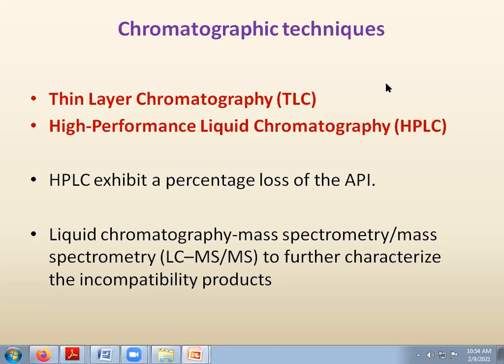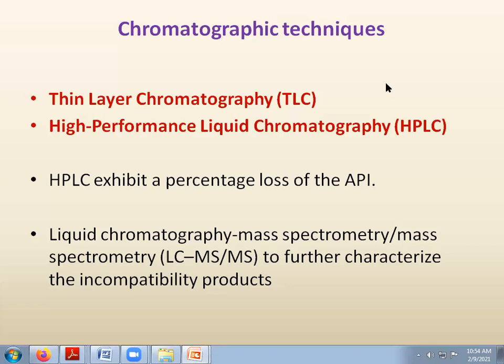When we talk about TLC, small plates are placed in the solution, that is our mobile phase or our system, and we take a spot over that slide, and according to that movement we determine the different bands and detect how many samples are there. So nowadays these HPLC or HPTLC methods are commonly used to detect drug excipient interaction. How can we determine whether drug and excipient interaction is there or not?